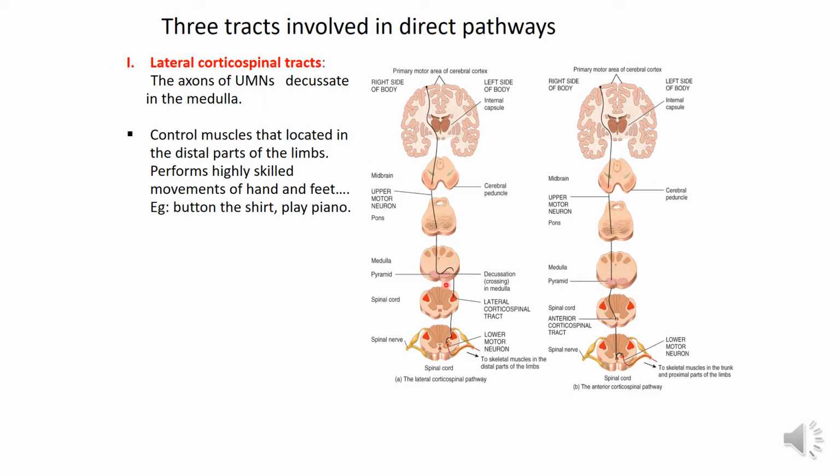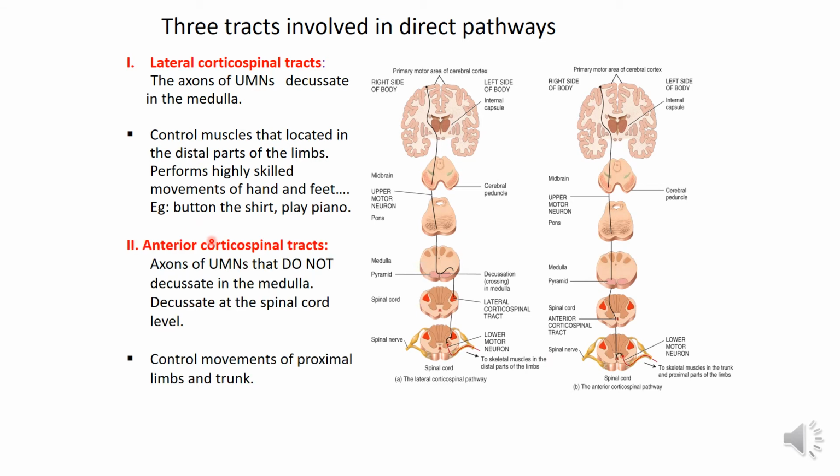The lateral corticospinal tract is supplying the laterally situated anterior horn cells that control the distal muscles of the limbs that perform highly skilled movement of hands and feet, while the anterior corticospinal tract is going to supply the axial muscles and control movement of the axial muscles. So for the production of voluntary movement, both are going to work together. The lateral corticospinal tract moves your hands and fingers to do skilled movement, while the anterior corticospinal tract regulates the muscles of the trunk to produce what is called the postural background.